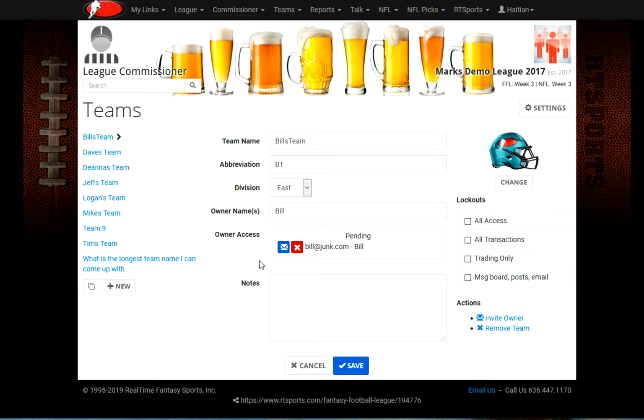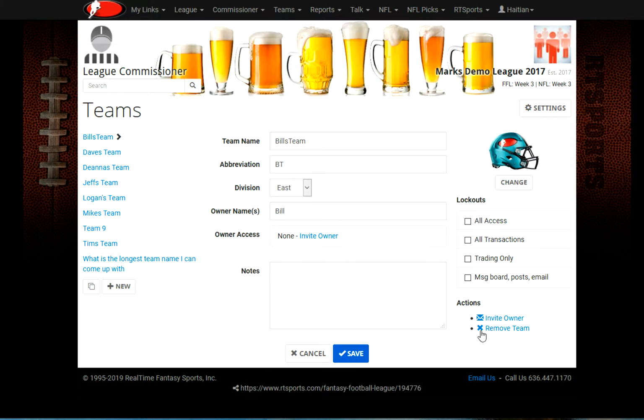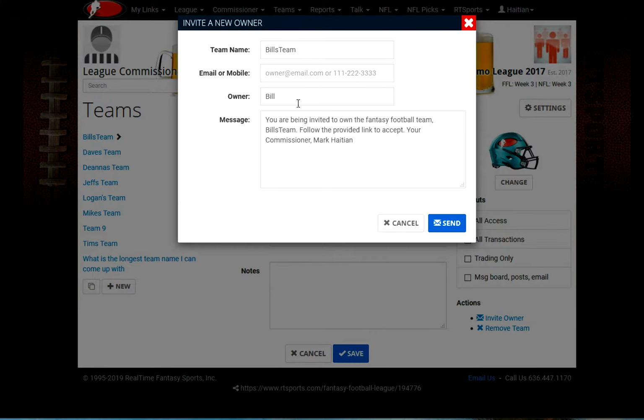Now, let's say Bill's not getting this invitation. His email server is blocking RT Sports, or he has tight security or whatever. So he's just not getting the invitation. Okay. First thing I can do is withdraw that invitation. He's not going to get it anyway. And instead, I will invite the owner again. But this time, I can also put in his cell phone number. So if I know Bill's cell phone number, I can just enter it,